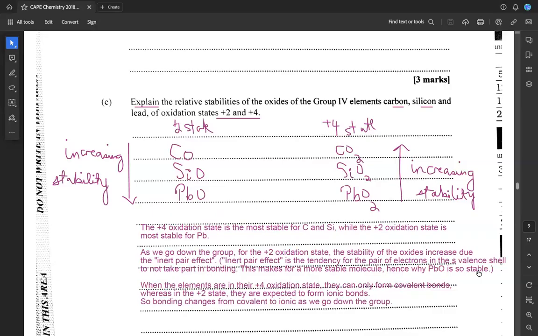And so the ones that are closer to the nucleus, which would be in that S shell, are going to be more inert and not really amenable to reacting. And so that's why PbO, in this +2 state, is so stable as compared to the other ones. Now, when we look at the +4 state, what we're looking at here is a change in bonding